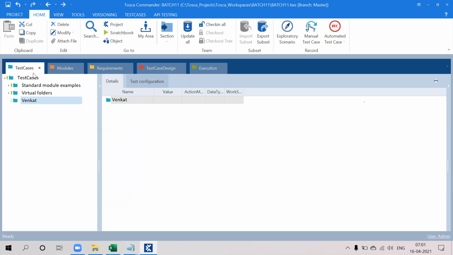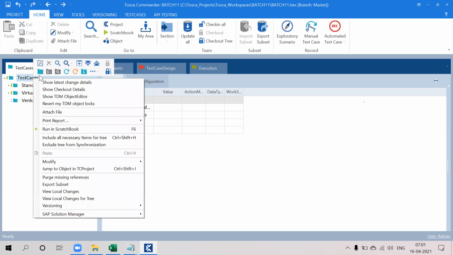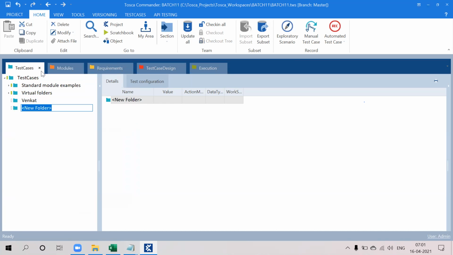In real time it will be like this only. You may assume that this is a project under the test case, and under that, each and every person has their own folder, named Venkat, Prashant, Ajay, like that.